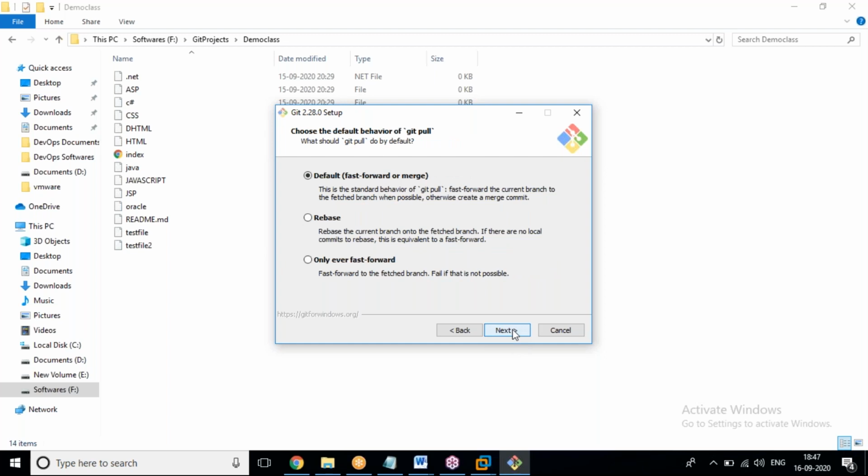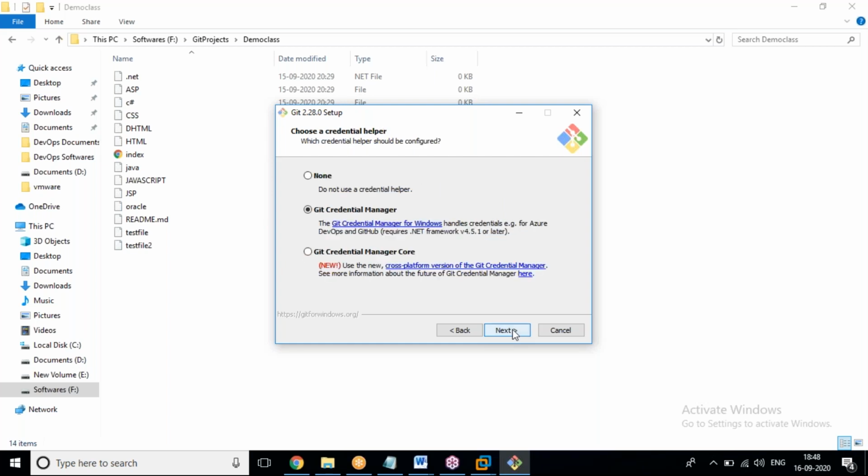Yes, default fast-forward merge. If you want to merge with git pull or git fetch, yes, we can apply this command. This is related to a little bit of a subject. Once you learn that subject, then you can understand this one. Presently you don't have that. What is that git pull command, where can we use it? Okay, now click on that.